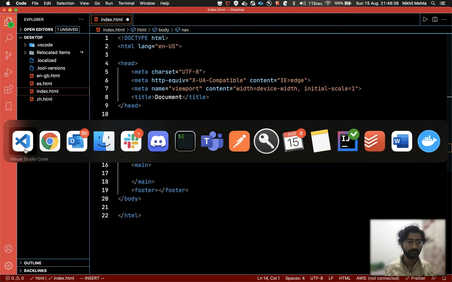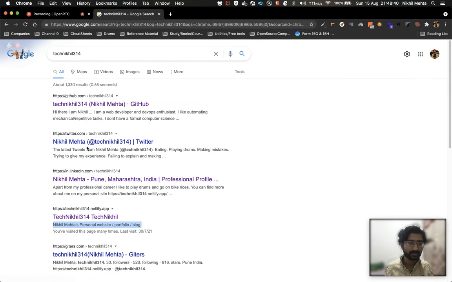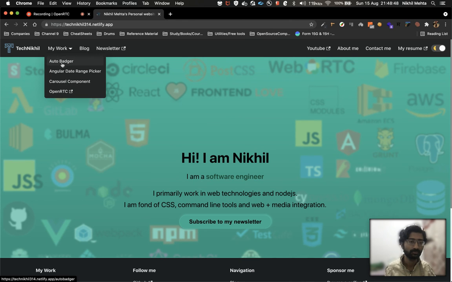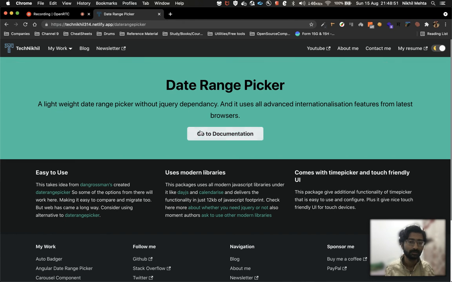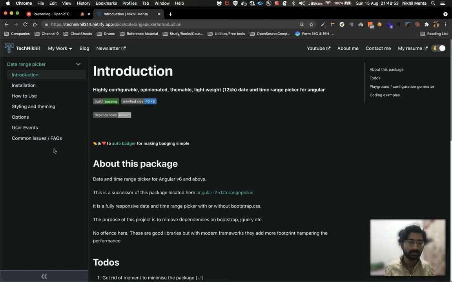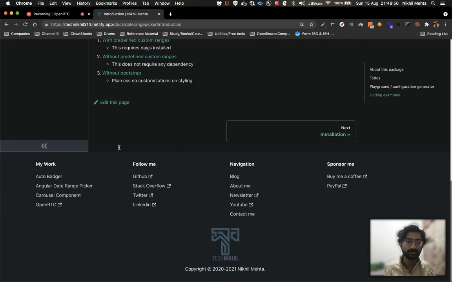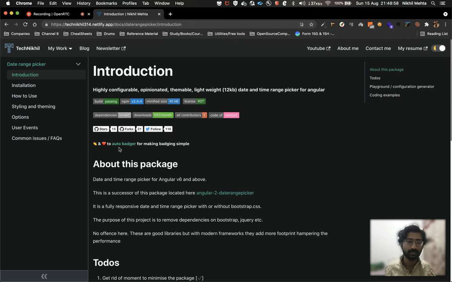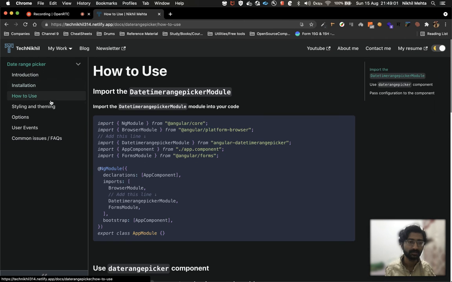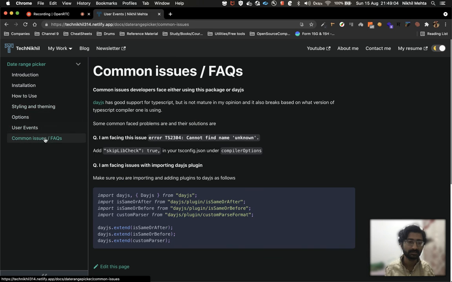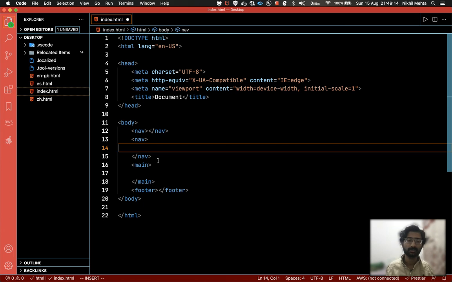If I go here on my personal site and go to docs, this is again a navigation. It's actually navigating me through the content. So this is again a nav bar, and this is again a nav. It's perfectly fine to have two navigations. So that's what it is.